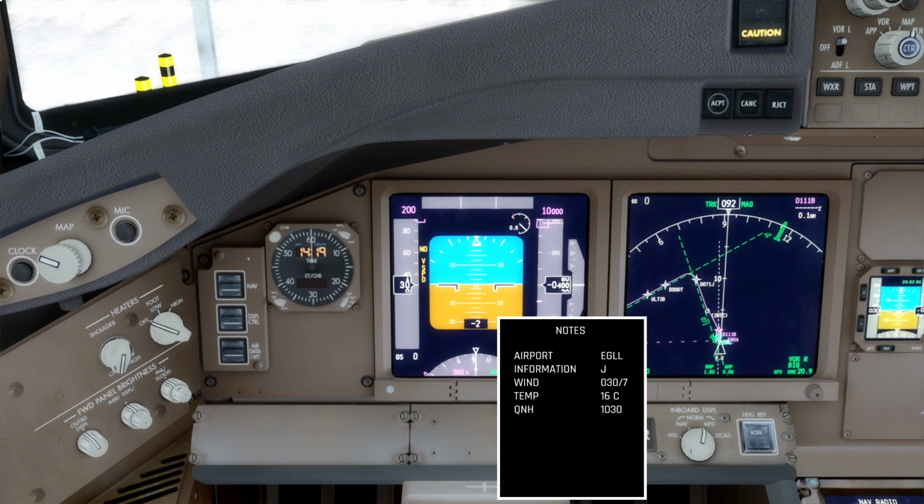We've got quite a bit of cloud above us at the moment, so 3 layers of cloud. We've got broken at 1,200 feet, broken at 1,700 feet, and overcast at 3,000 feet. The temperature was given at 16 degrees Celsius with a dew point of 13, and the air pressure, the QNH, is 1030